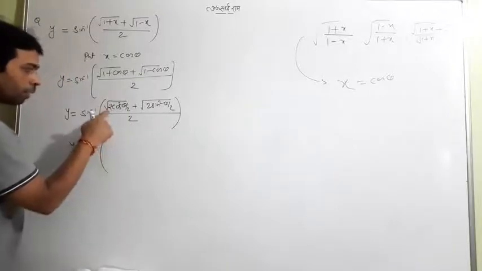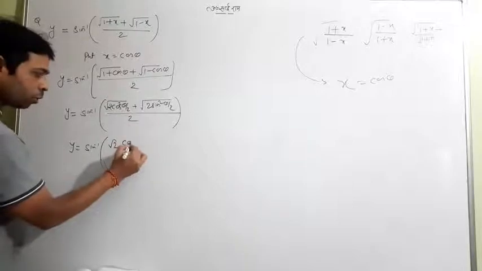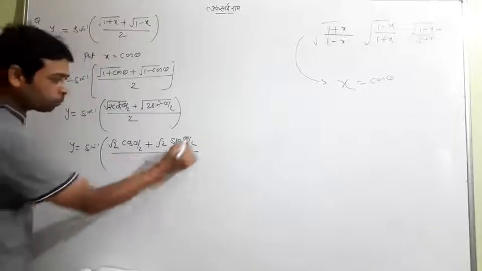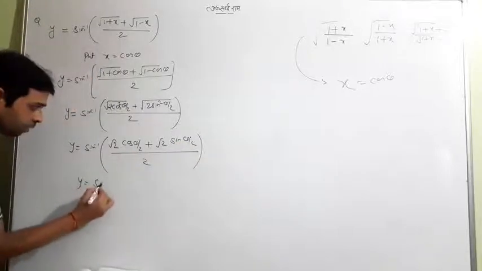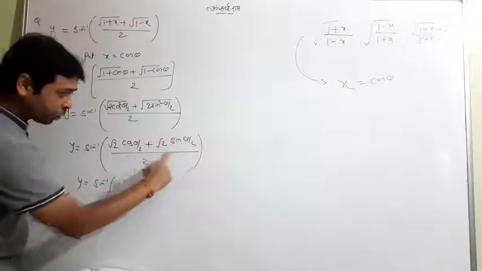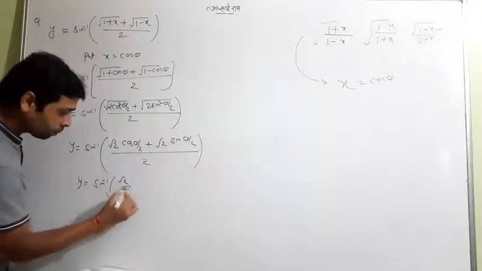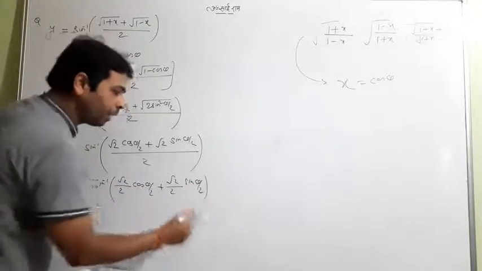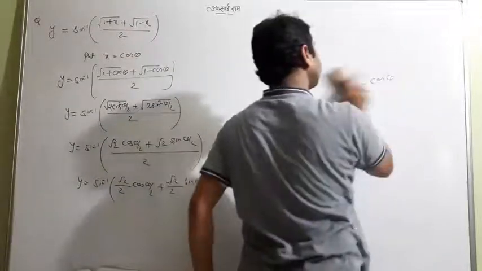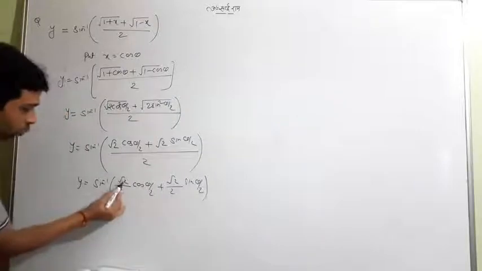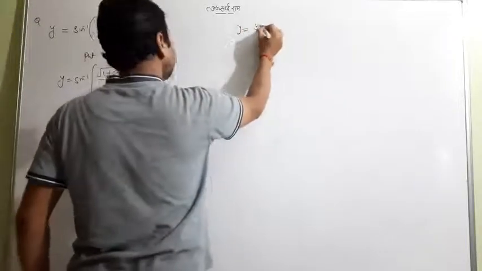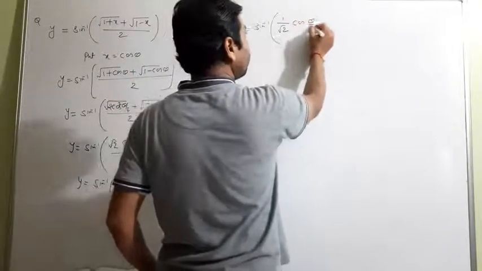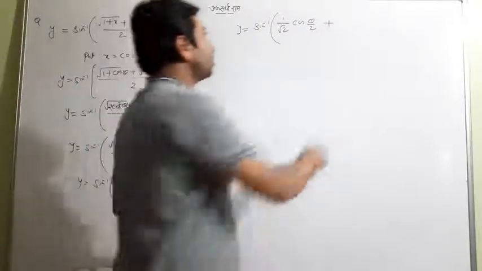In the sin inverse, the under root 2 cannot come out, but cos square can come out as cos theta by 2. Similarly, root 2 cannot come out, but sin square can come out as sin theta by 2 upon 2. Now what will be next? Sin inverse of, look at the thing, now do the separation: root 2 by 2 cos theta by 2, root 2 by 2 sin theta by 2. Let me rub it. These root 2 and 2 will cancel each other. It will be sine inverse of 1 by root 2 cos theta by 2 plus again 1 by root 2 sin theta by 2.